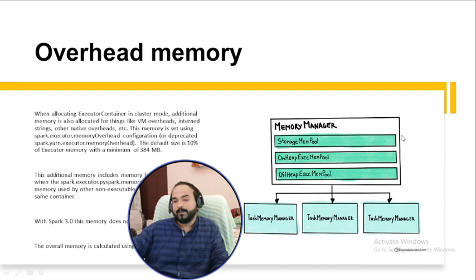Whenever you are creating your executor containers on your node manager, these are virtual machines, and for creating these virtual machines you need some overhead. You will get some VM overhead and intern strings for creating these virtual machines, and this memory is set